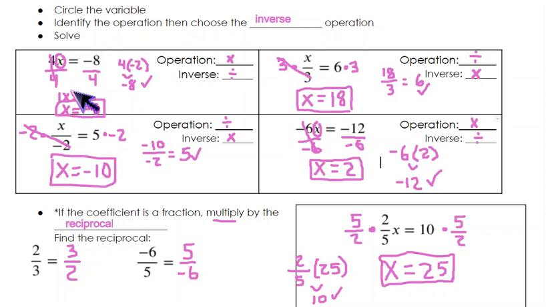All right, so that is one-step equations with multiplication and division. Remember, best thing about equations is you can always plug it in and see if you got it right away. It'll tell you right away if you got it right or wrong. If you get something that didn't equal, then you know you did something wrong and you might want to try